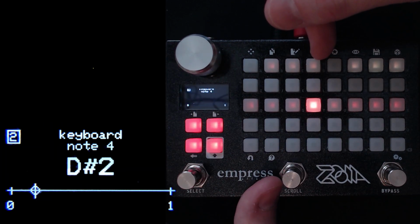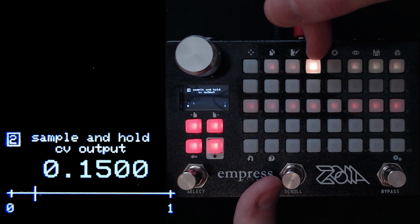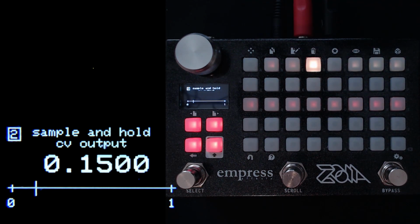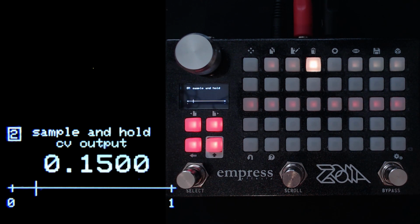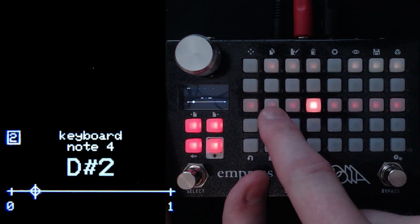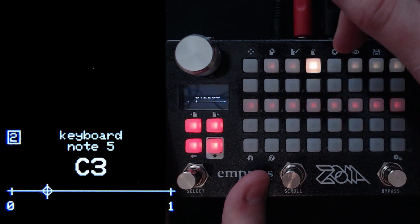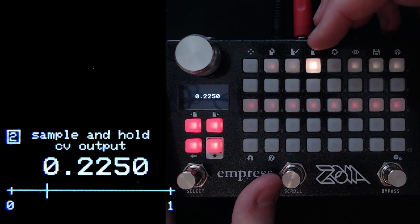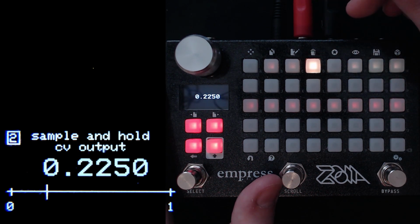Let's see, I'll just push one there and we should get a value there. So far so good, as I usually say in these videos. For some reason I don't usually say that, but when I make Zoia videos sometimes I say so far so good. So now every time we push a key here, this value will change. And then I want to synchronize the value that's sent to the oscillator with the gate, and for this I have to use another